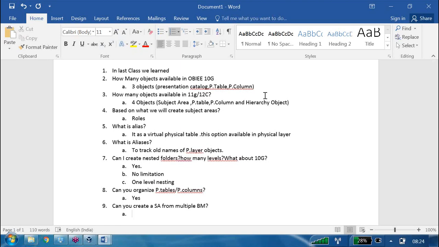See the diagrams. Yesterday we wrote 2 diagrams, right? I asked you to write the diagrams. Can you create a subject area from multiple business models? Yes or no? No.